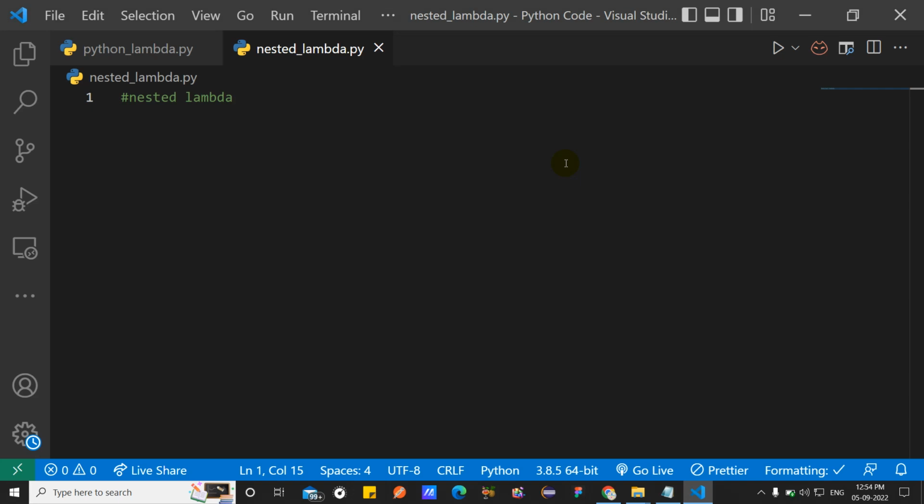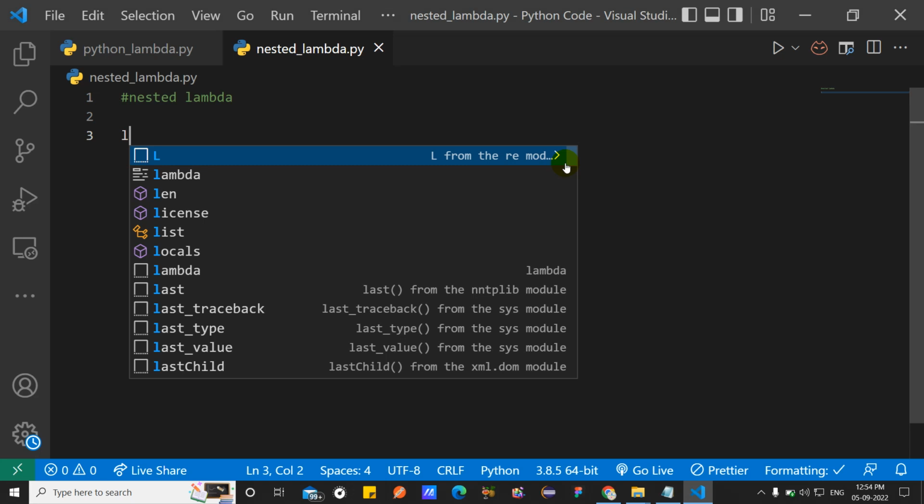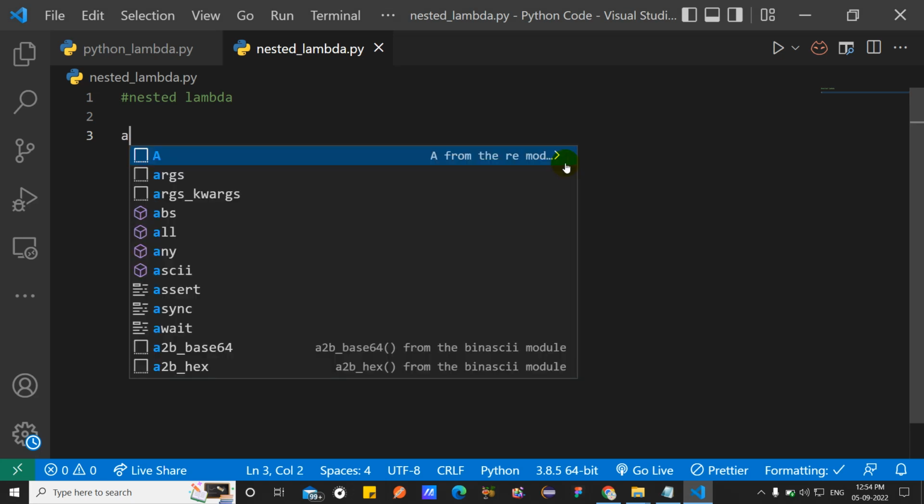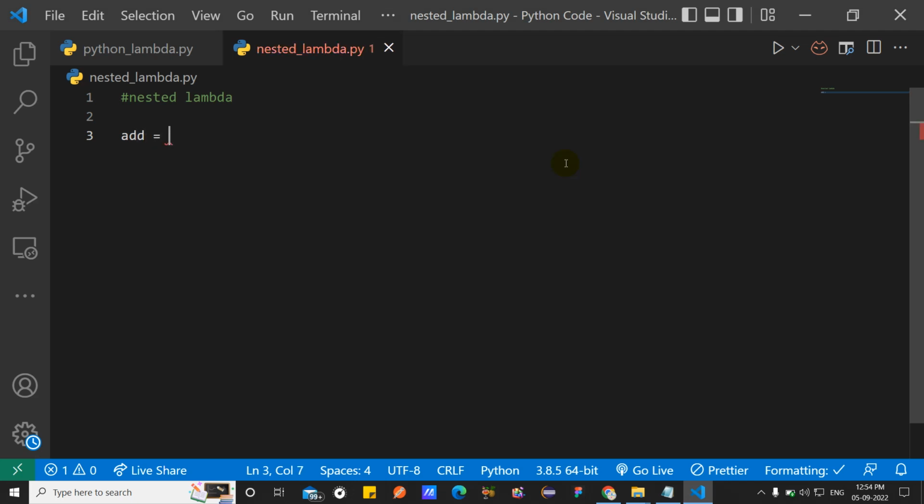Lambda within lambda declaration is called a nested lambda. So how could I declare a lambda within a lambda? Let's see. Suppose there is a list item. Suppose there is one expression or statement like add equal to lambda